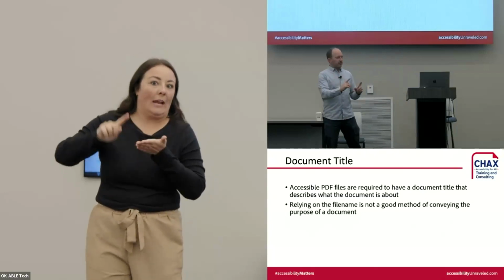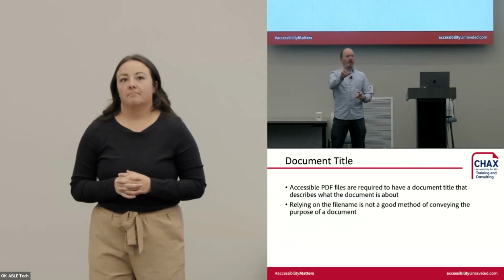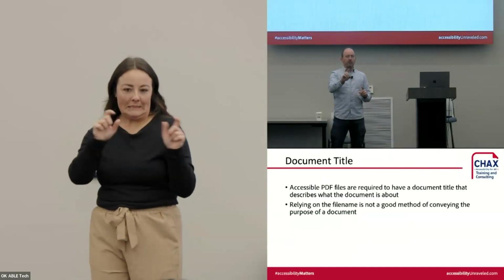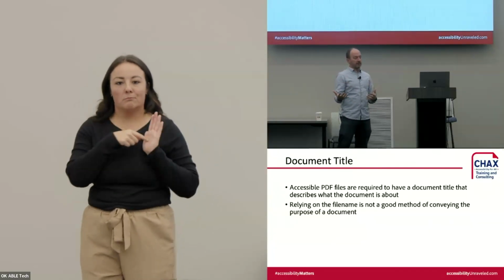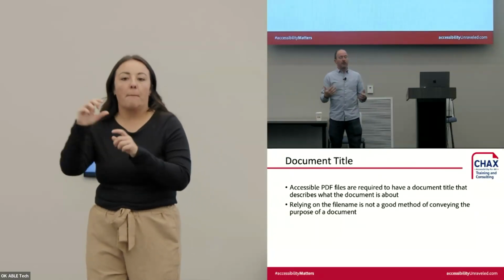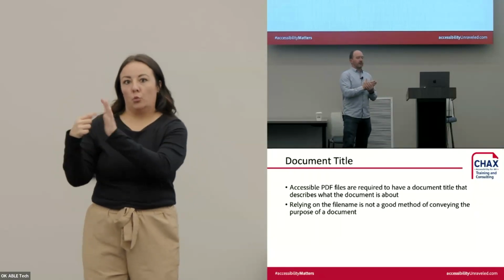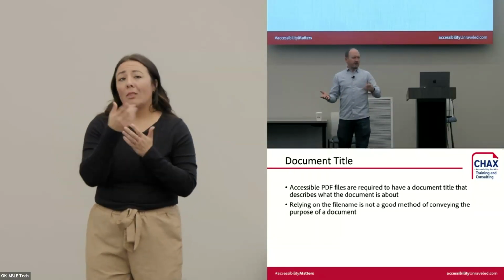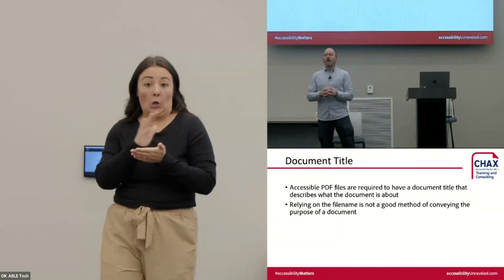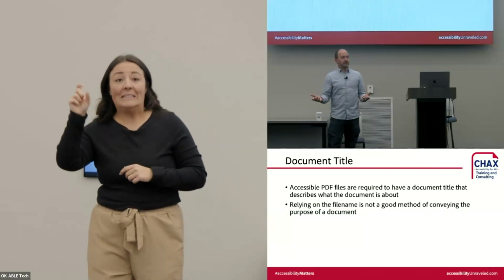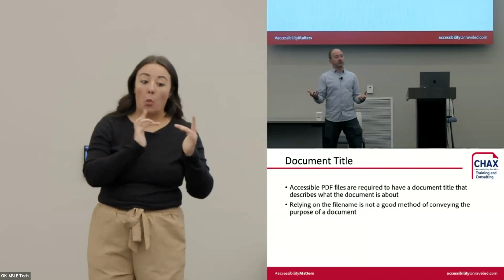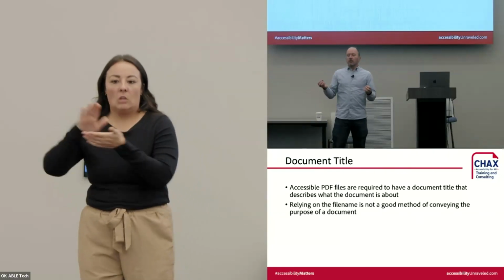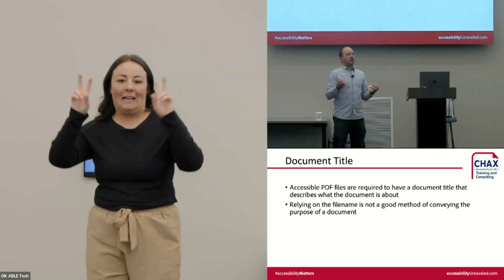So I'm going to show you this. I'm doing some slides right now, but in a little bit, I'm going to bounce out of the slide and dive into Microsoft Word and show you some of these things that you can do. One of the requirements for accessibility is that all of our documents and our web pages too need to have a descriptive title. Okay, all of our websites, all of our documents need to have a descriptive title. Why? Well, because